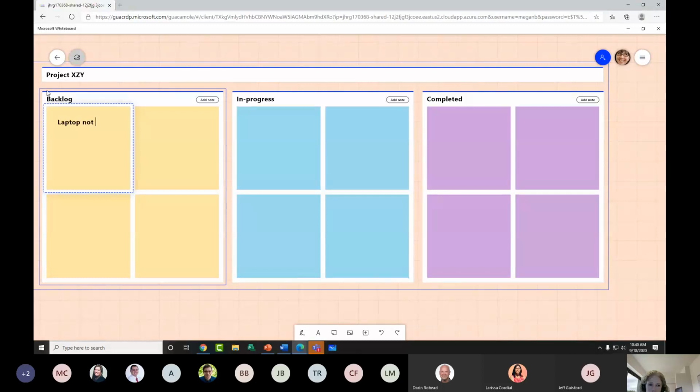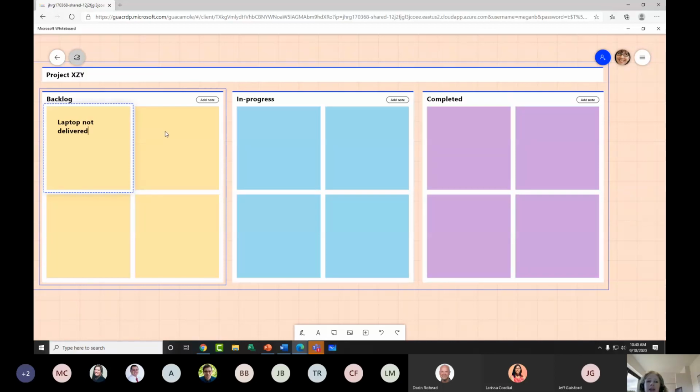But here's one nice thing about this. It's very much like a physical Kanban board, if that's what you would prefer for your look. And it can be shared, which is what we're going to do next with it. So these templates are also available. They are, like I said, in preview, but they have been around for a while. So if they're there, check them out.